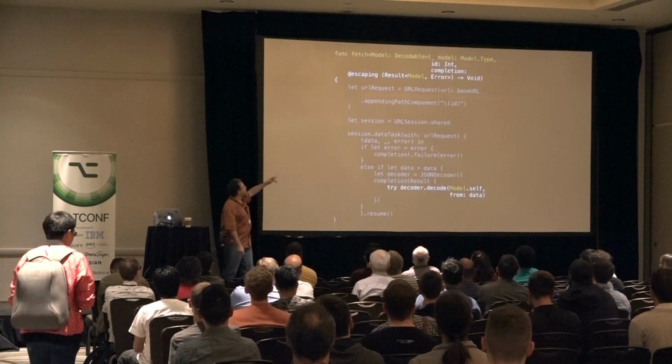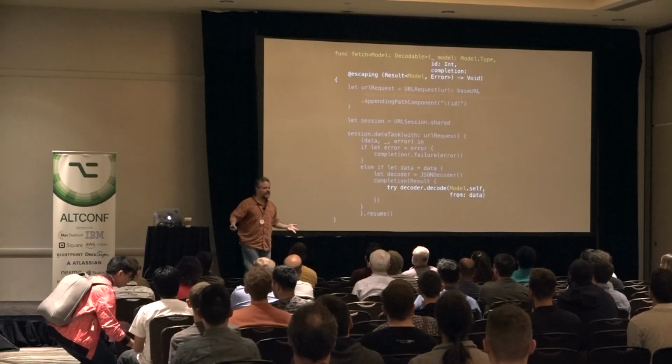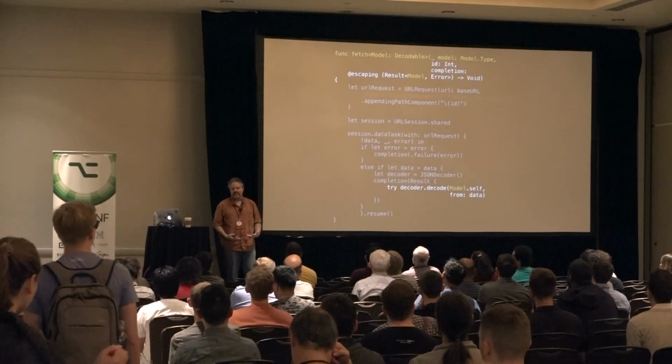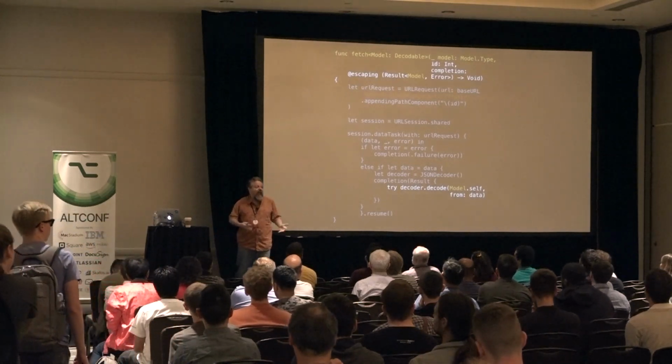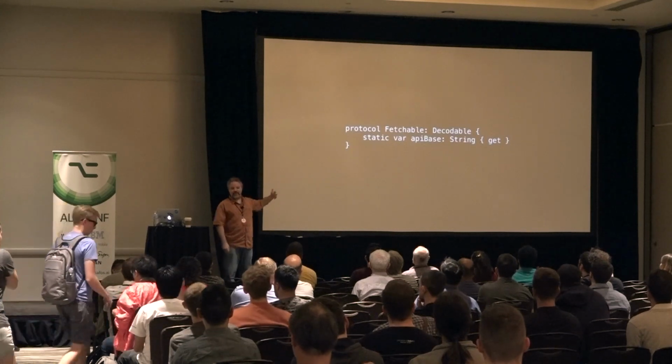The problem is I said that models need to be decodable, and decodable doesn't tell me what the string is. That means that decodable is not powerful enough. I need more than decodable gives me. I need decodable and something. Well, then we lift that. We create a